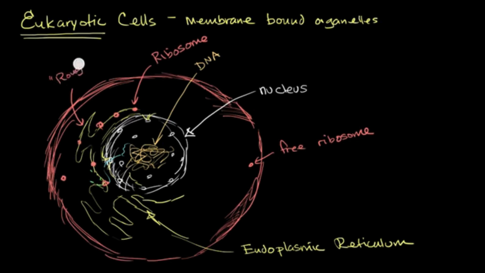It's the ribosomes that are making them rough. It looks that way in a microscope. So I'll say rough ER for endoplasmic reticulum for short. And then you also have parts of the endoplasmic reticulum where you do not have ribosomes attached. And because that looks smooth through our microscope, it has been called, you can imagine, smooth endoplasmic